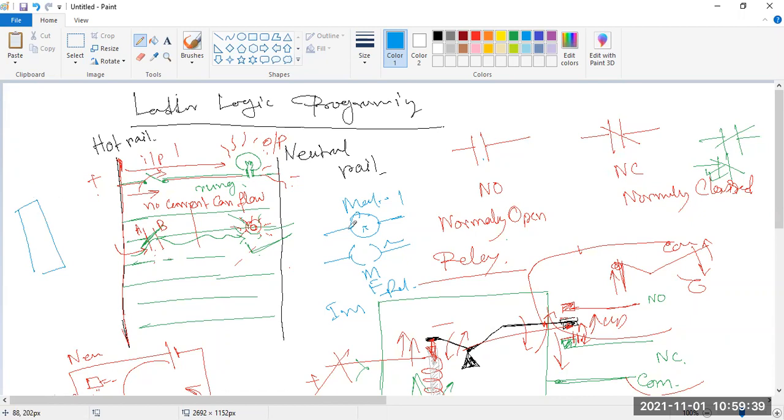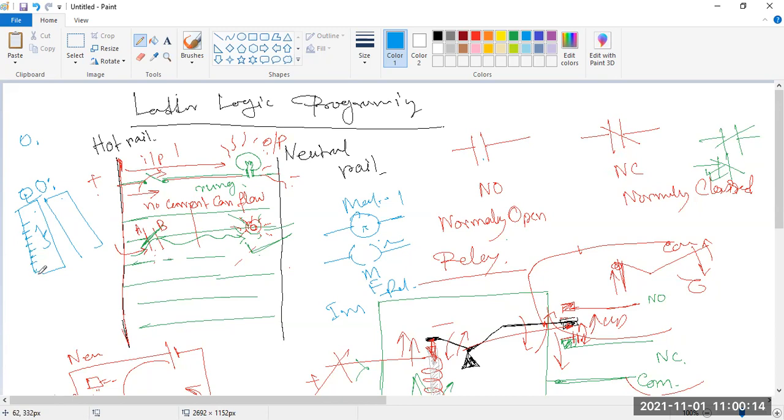Say this is your output. Output is generally denoted by Q, not O, because O looks just like a zero. That's why we are not using O as the output. So Q, and which module? The first number is the module. Say this is module 2. But in your PLC, the starting number is always 0, because bits start with 0. So the first module is denoted as module 0. So output module 0. Then which number of output within this?